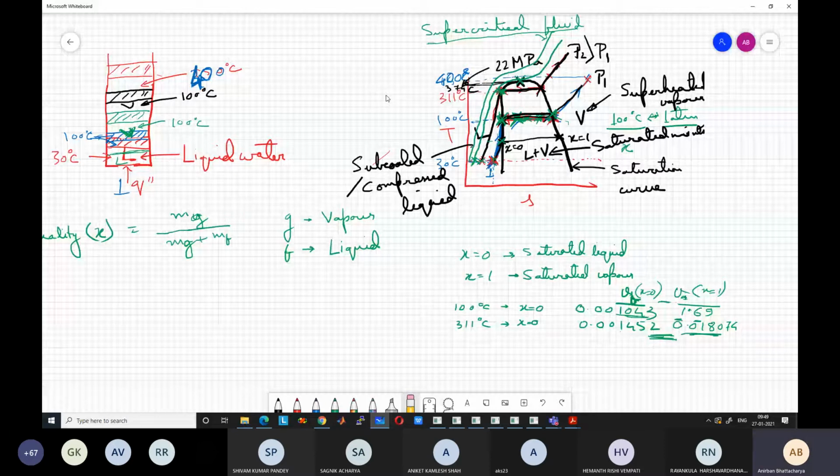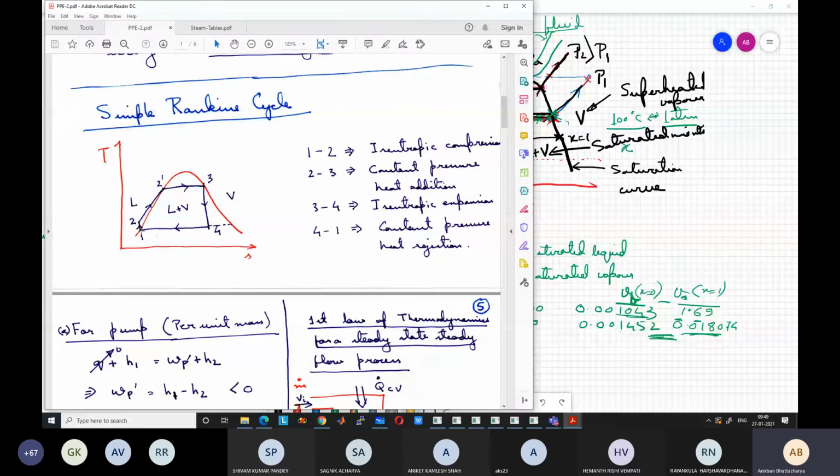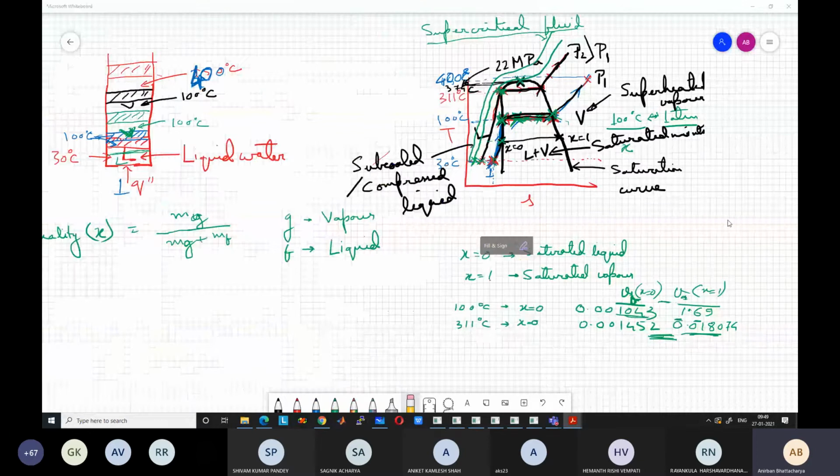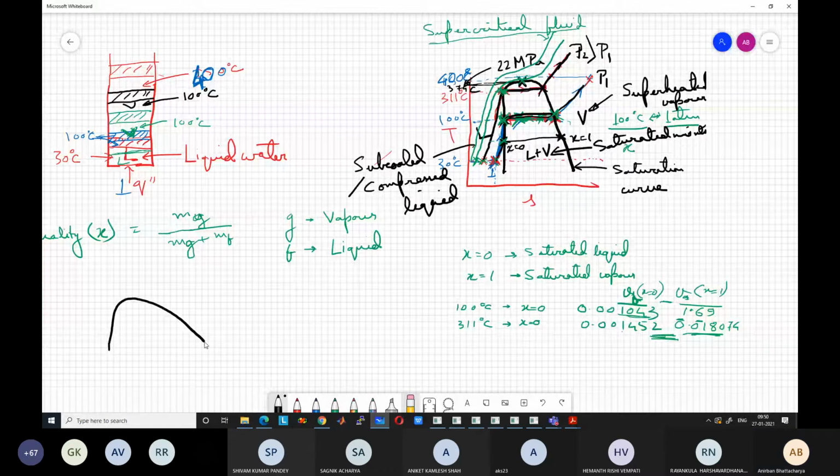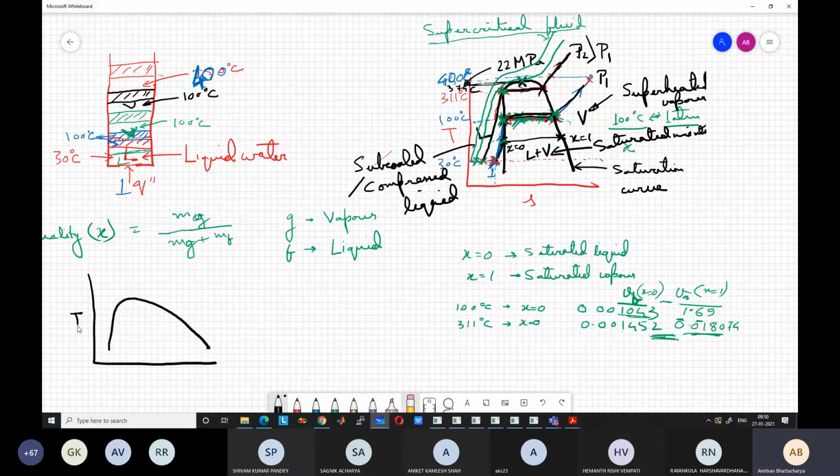So, one thing to remember here is that although we draw this in a TS diagram, the saturation curve is a very exaggerated diagram, meaning it is not up to scale. The diagram on the left hand side is almost vertical, and on the right hand side it follows a very curved line. The saturation curve looks more like this. But we draw it like I have shown here, not up to scale, because that is the standard practice and it is easier to draw the constant pressure line. If you draw it vertical, it is very difficult to draw the constant pressure line.